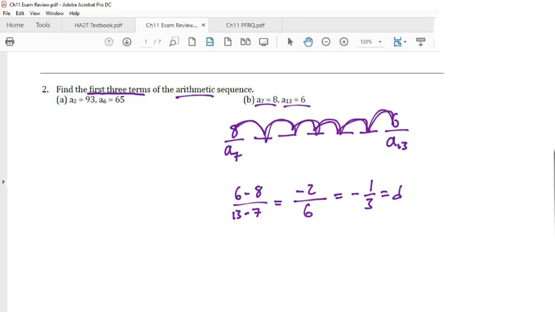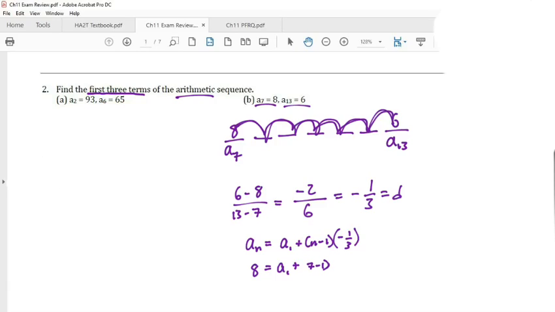We need to find the first term, though. So here, check this out. I'm going to use this formula that you guys probably heard of. We're looking for a sub 1. Man, I wish I had an n and an a sub n that I could plug in. Oh, I do. I have 2 of them. I can use this one or I can use this one. Which one do you guys want to use? The first one. Okay, I'll use the first one. Good job. All right. So we have 8 equals a sub 1